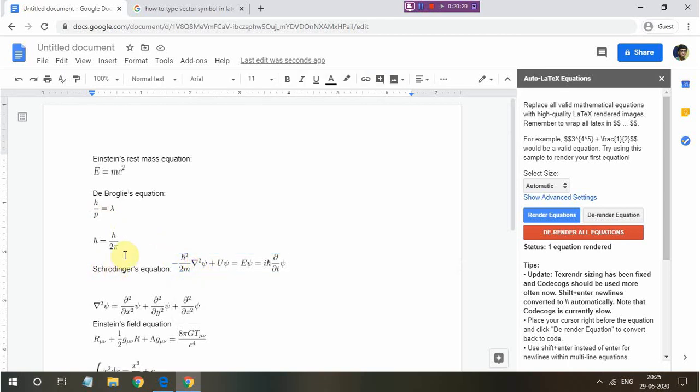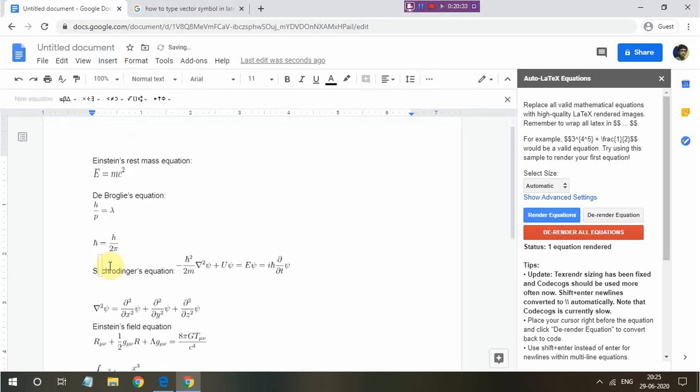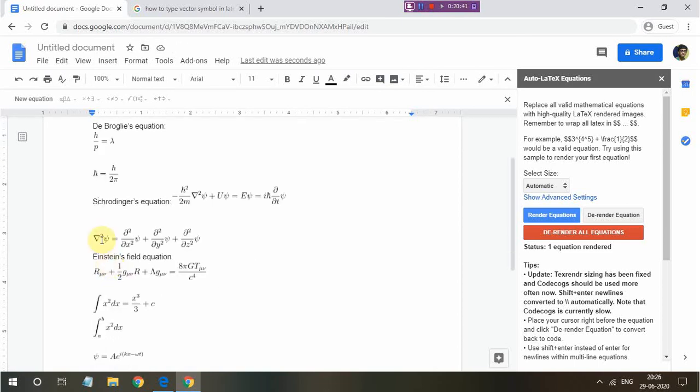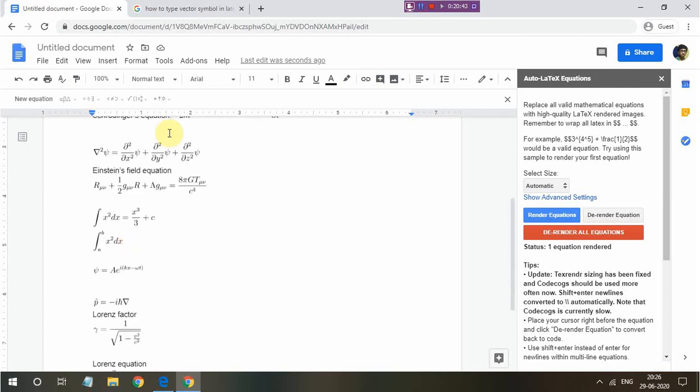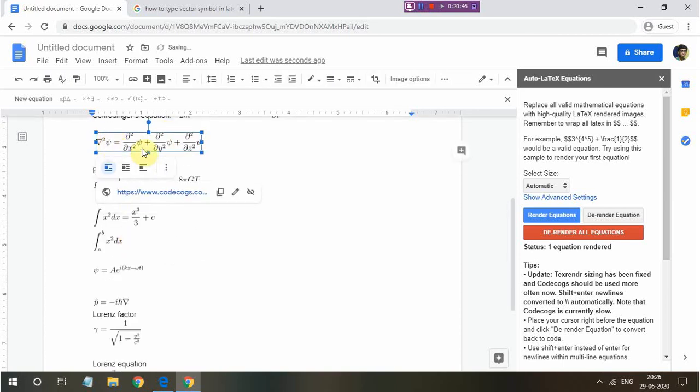And we must use LaTeX when we're using equations, because otherwise, if you're just typing the equations in Word or using the equation option, then when you want to copy and paste it somewhere else, or post it somewhere, many problems will arise. So it's best to use LaTeX, because LaTeX converts the equations into picture form. So no matter what you do, the equations will remain as they are.